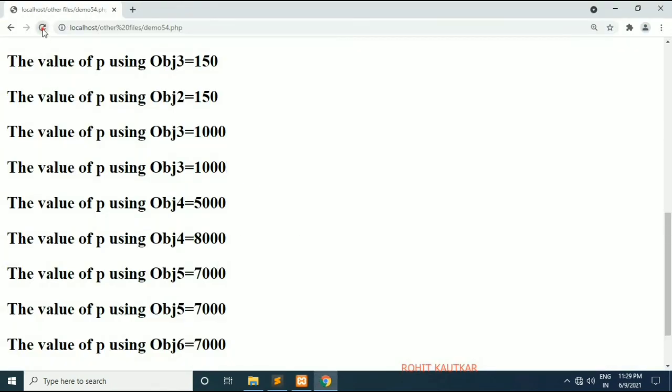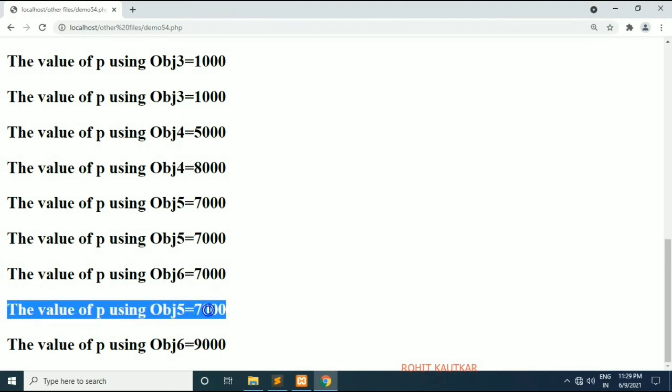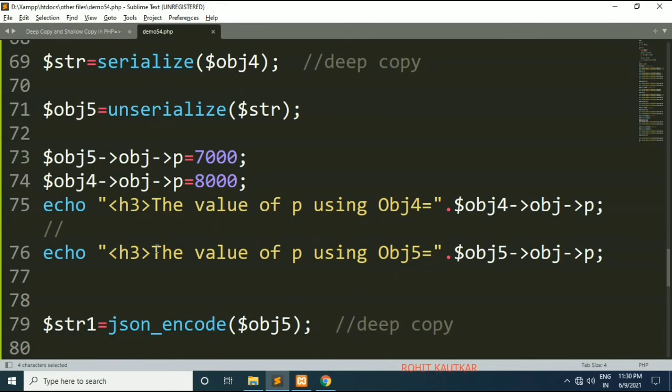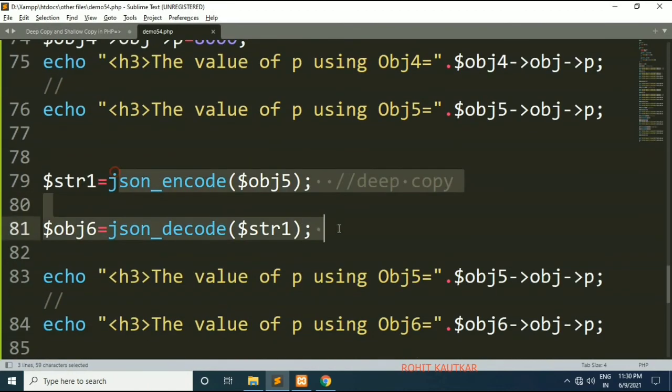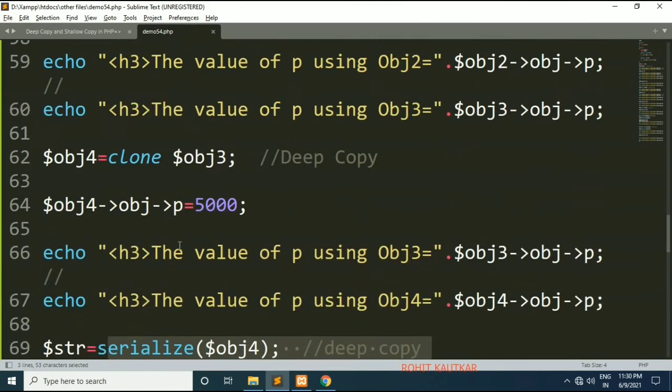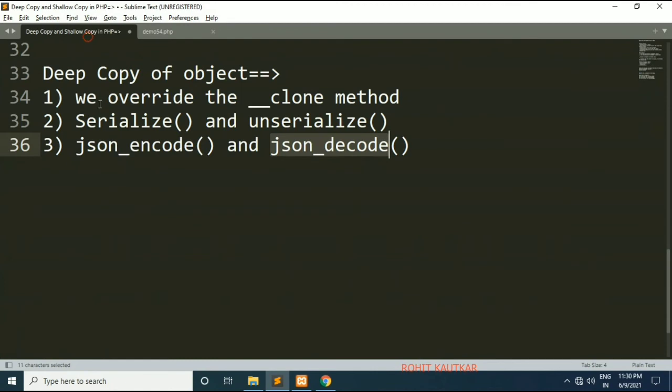If I refresh, you can see object 5 is still giving you 7000, but object 6 is giving you 9000 now. This is how we can use JSON encode, decode and serialize, unserialize functions for achieving the deep copy. So we have discussed these three ways to achieve the deep copy.